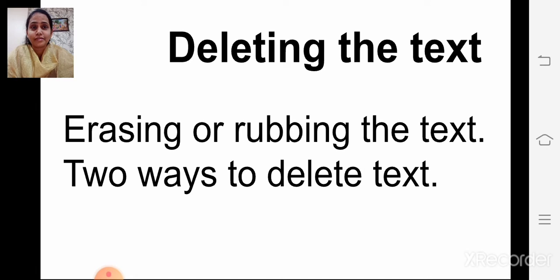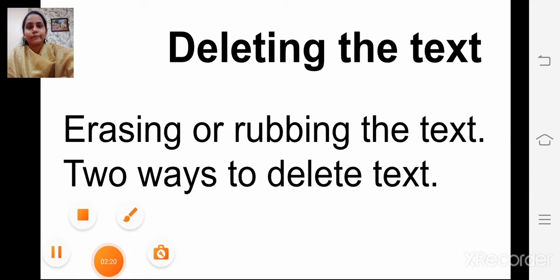What will you use? You will use two keys to delete the text: one is the Backspace key and one is the Delete key. Now, children, I will show you how to insert the text and how to delete the text.